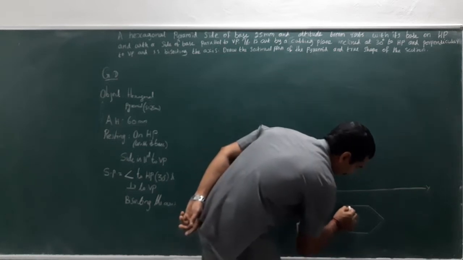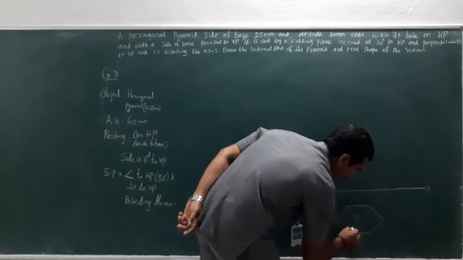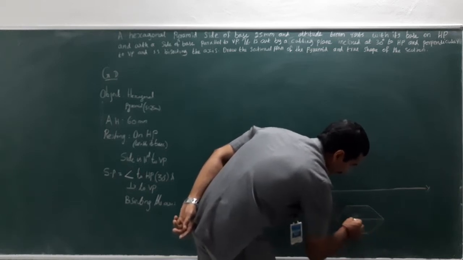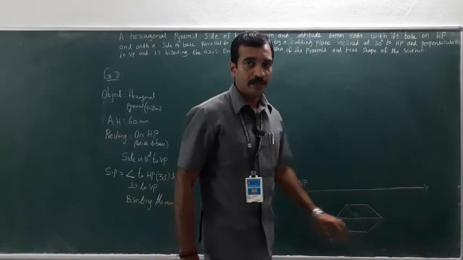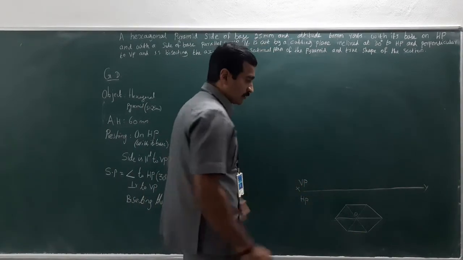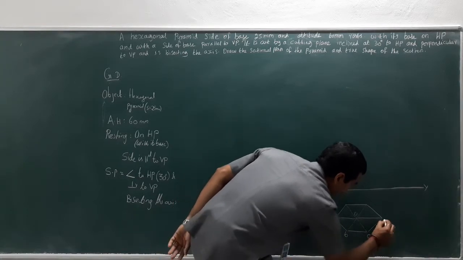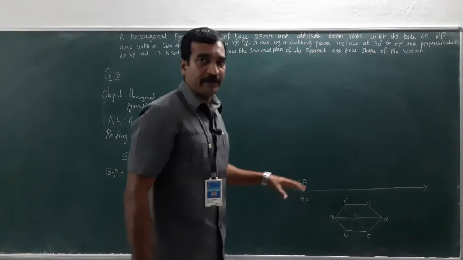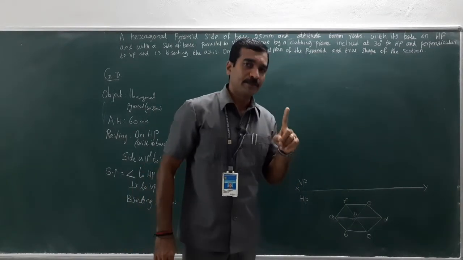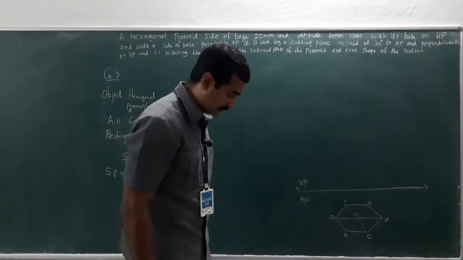Now, connect all the corners to the center. By doing so, you get a hexagonal pyramid. Now, I need to mark the corners. So, it starts from here: A, B, C, D, E, F. As it is a pyramid, it has only one base, and in the center it has an apex or vertex, isn't it?